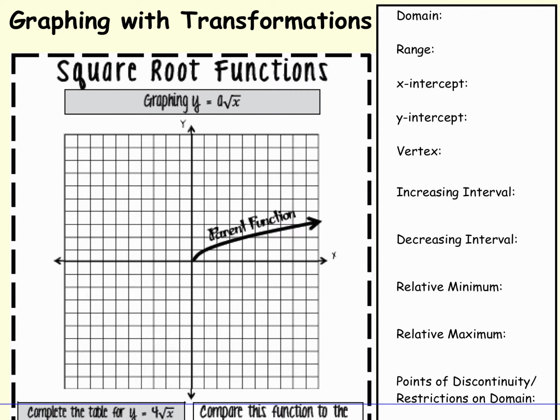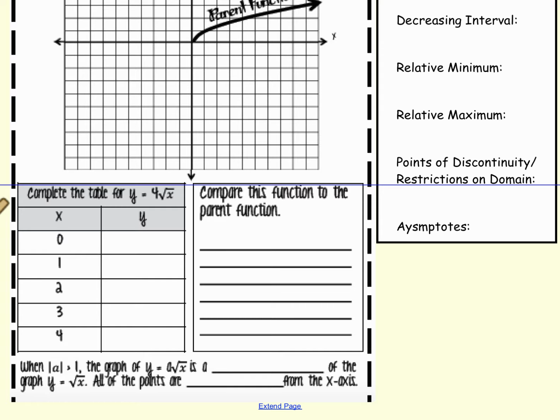Okay, let's look at some other transformations now. So I already have the graph of the parent function listed. And this time it says y equals 4 times the square root of x. So if I put in a 0, I get the square root of 0, which is 0. 4 times 0 is 0. If I put in a 1, I get 4 times the square root of 1, which is 4. And if I put in the square root of 2, I get 4 square root of 2,